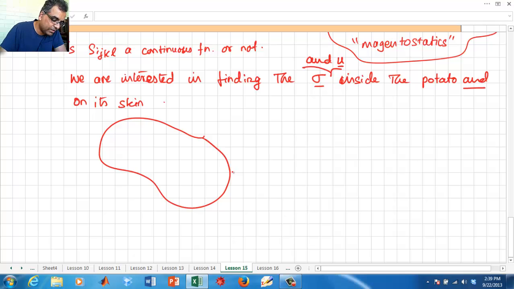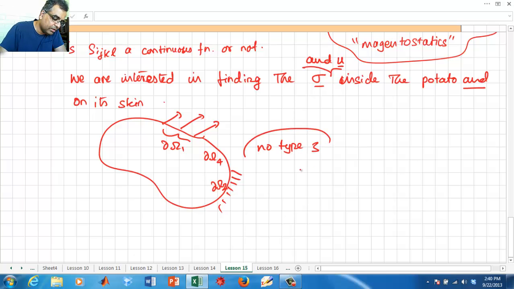I should not call it stress free. So I have one region here. So this is type 1, this is type 4, this is type 2, no type 3. Because we'll have some problems with type 3, for now let us not worry about it. We'll cross that bridge when we come to it. Okay, so